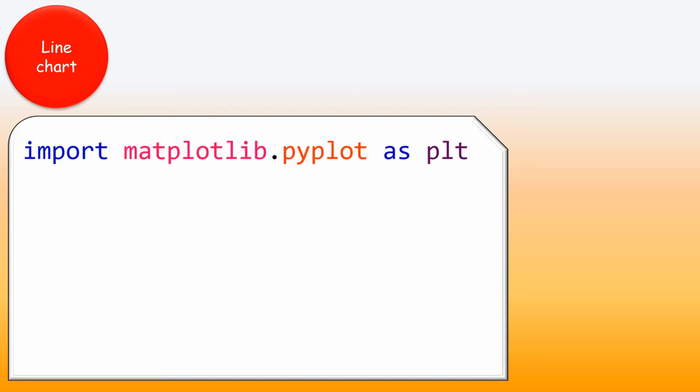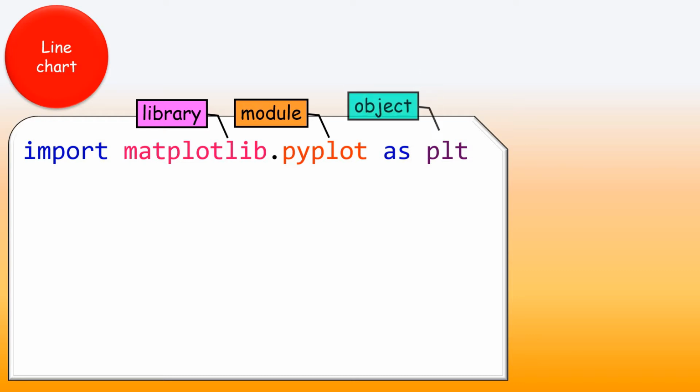Import matplotlib.pyplot as plt. Here matplotlib is the name of the library. Pyplot is a module under this library. As plt is an object created by me.